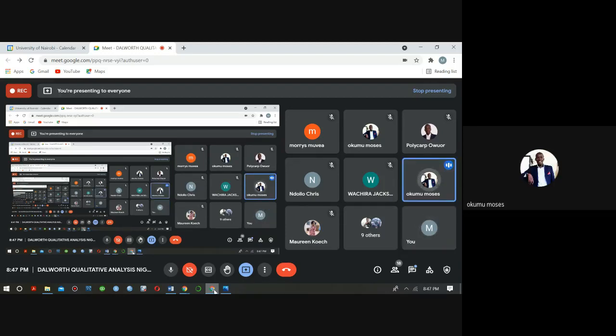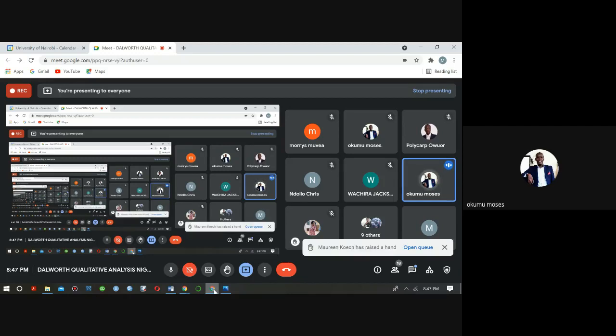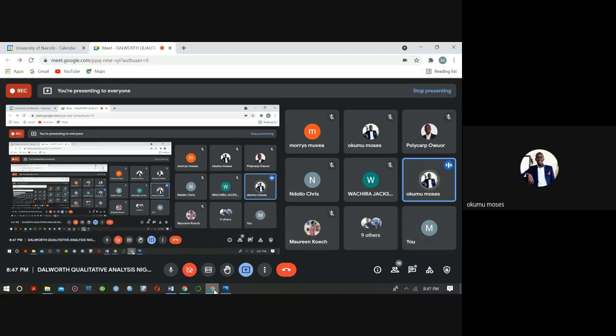Yes, I somehow want to support the latest point. My argument is short and precise: it will depend on the objective of the researcher. If the researcher wants to know the number of people who are dropping off, the rate of dropping off, and where these people are dropping off, then there's no harm in collecting GPS at the beginning. So it's either at the beginning or at the end, as per the objective of the researcher.